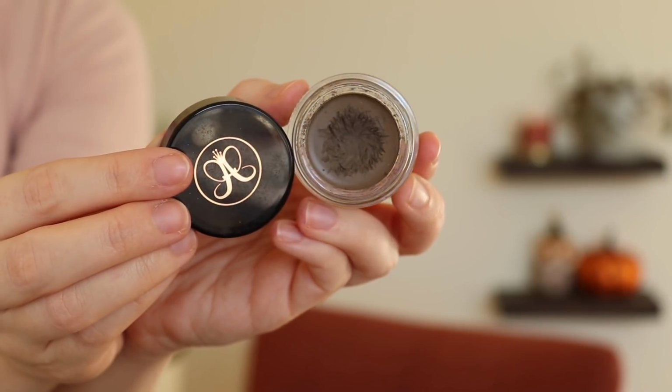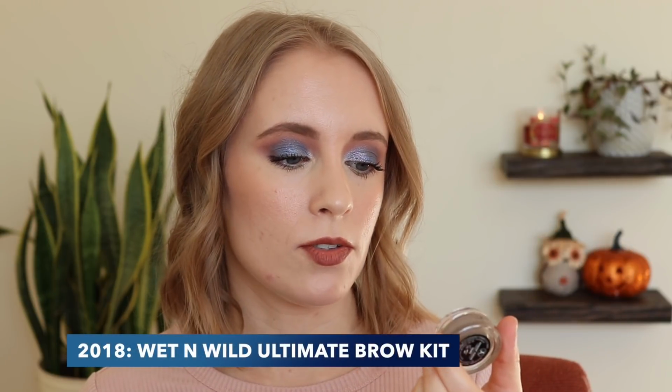Okay, so brow filling in product, I would go with my Anastasia Dip Brow Pomade. I absolutely love this. I've had this same one since the end of 2019. I still have heaps of product left, as British people would say. It was a little hard to get used to using a pomade when I was used to using a pencil, but I go through pencils so fast that this is already paid for itself and more compared to pencils,